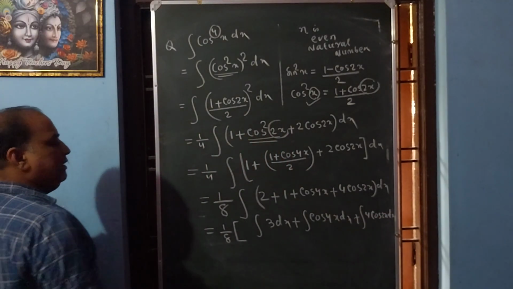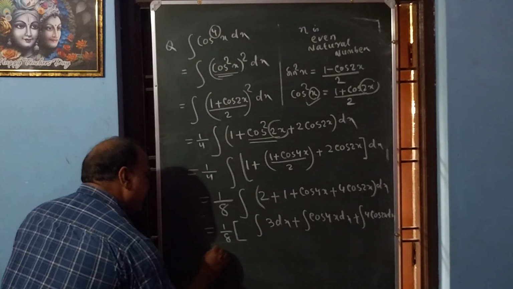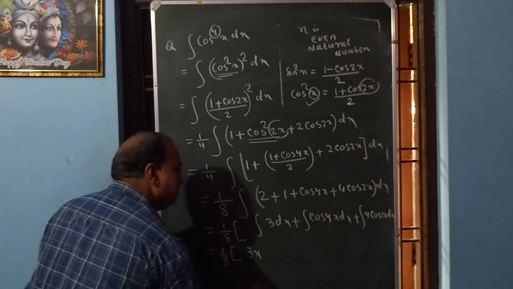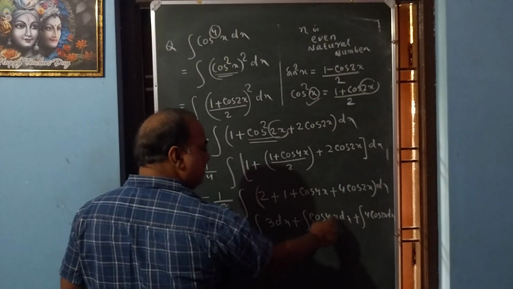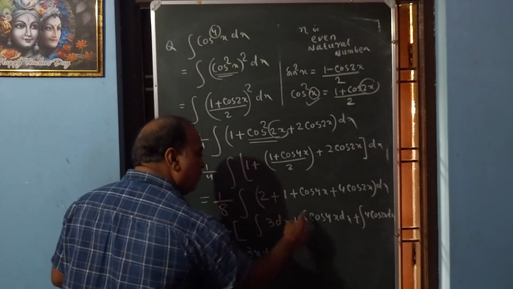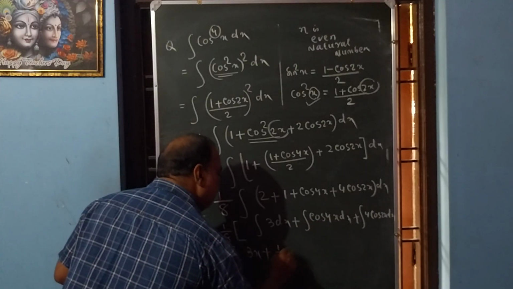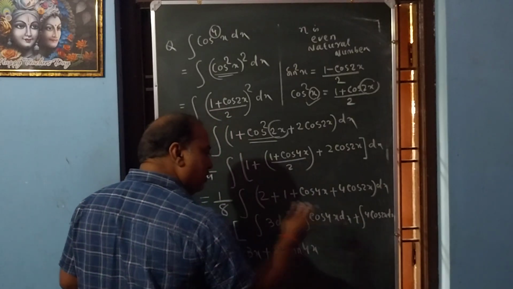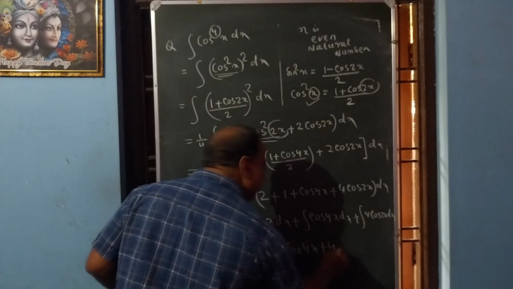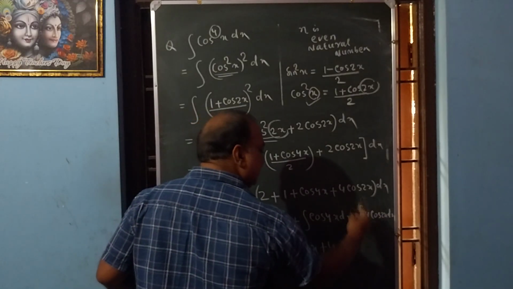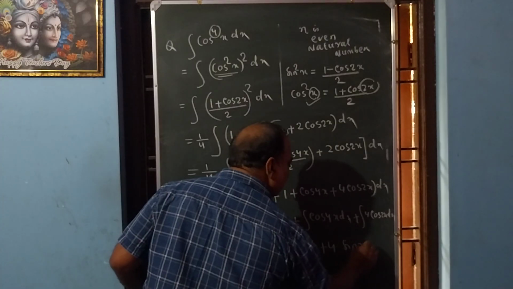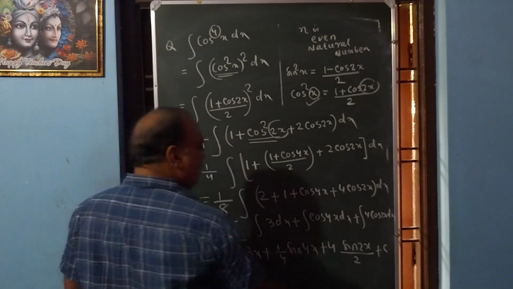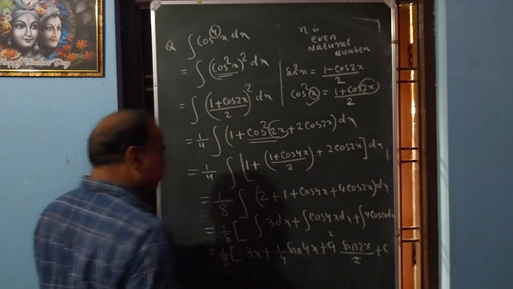Okay, now 3 the constant will come outside of the integration. So we get 1 by 8, that is 3x. Here the coefficient of x is 4, so that will be divided. So what is the formula for integration of cos 4x? 1 by 4 sin 4x. Here 4 is the constant, that will come outside of the integration. So we get 4 times integration of cos 2x is equal to sin 2x by 2 plus c. Okay, so this 2 will cancel with this 4, so the result will be